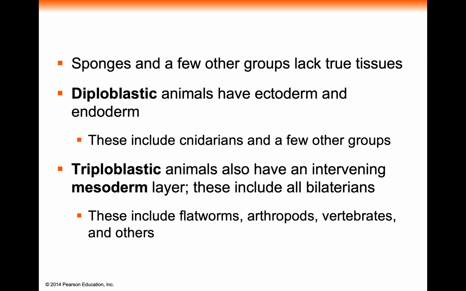Then we see the triploblastic, and triploblastic basically goes hand in hand with being bilateral. And these animals have a mesoderm, a middle layer. So what's found between your skin and your digestive system? Muscles, connective tissue like bones, cartilage, things like that. Your kidneys are also part of that mesoderm. So these include flatworms, arthropods, vertebrates, and other animals. So flatworms, your parasitic worms, basically, is what you would normally think of. You have your arthropods, which are like insects, crabs, crustaceans, things that are crunchy on the outside, and then vertebrates,